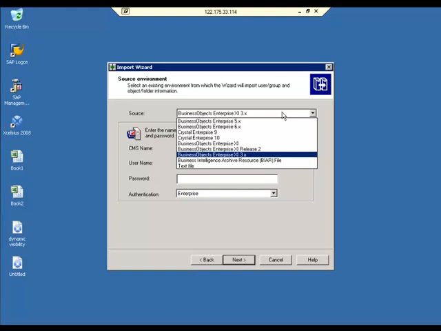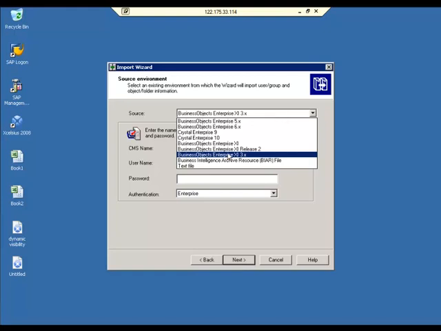If you want to move from dev to QA with the same version in both environments, you select the source as R3 and the destination also as R3.